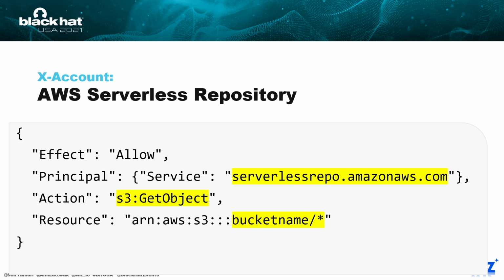I know the audience here has a lot of hackers, so I'll let them think about the problem here, knowing that we've already talked about the problem of Cloudtrail a few minutes ago. So we have here, again, a resource policy that looks really great. We have a service repo, we have an action. This time it's get object. It's a more interesting action because it allows us to read data, right? So we have a bucket, and we allow serverless repo to read from our bucket. It's great, but what's the problem?